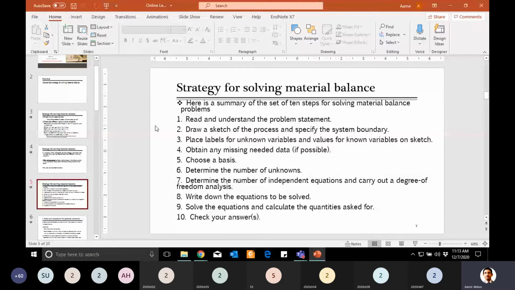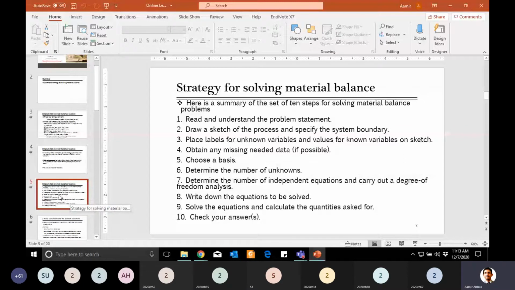For example, there are two components in a feed, and the mass percentage or mole percentage of one component is given and the other is not known. So you can also justify that, or you can write that based on your knowledge, the sum of fractions of mass and mole is equal to 1. Then you have to choose the basis, as we discussed, which you already studied somehow.